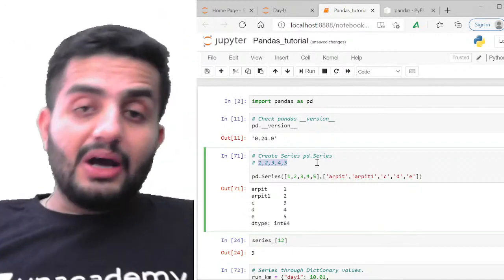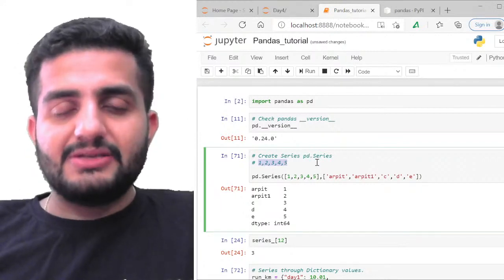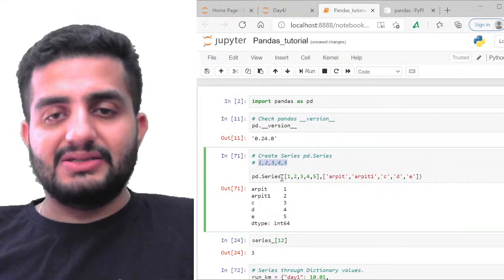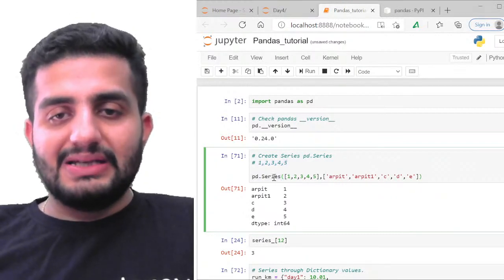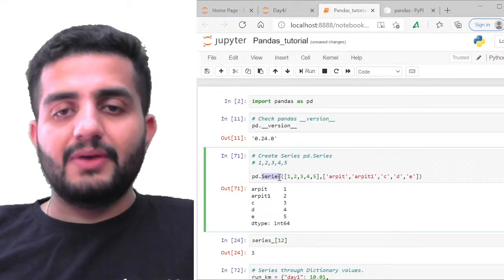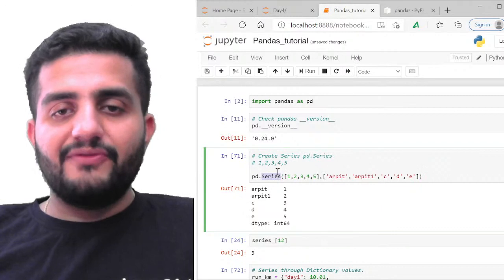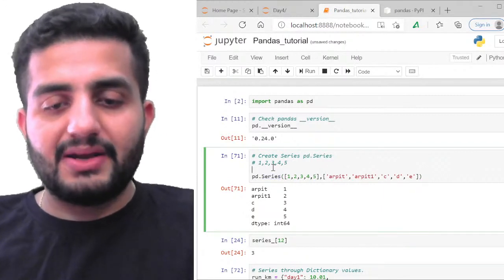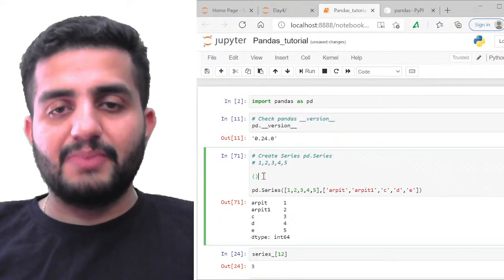Now to create a series data type in pandas, we have a function called Series. Again, I have to call it through PD only, so pd.Series is going to be my keyword, and then I have a parenthesis. All of these functions will be followed by a parenthesis, meaning normal brackets.